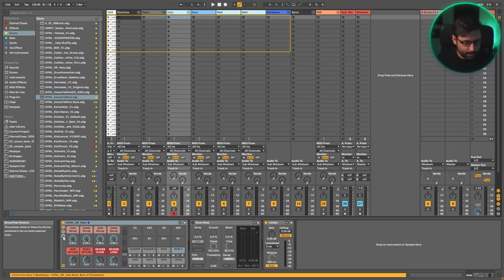Then we have my hats. So here I have my drum rack for the hats. I will put the link in the description again if you want to grab it. It's a rack I made. It just makes my life